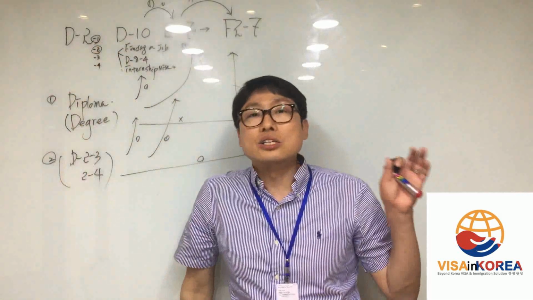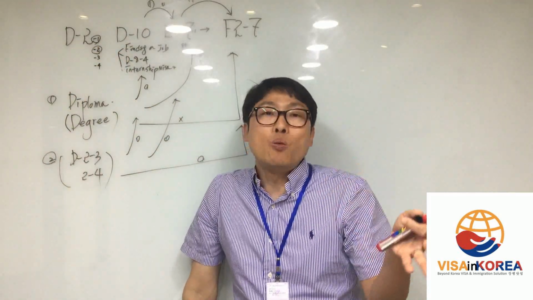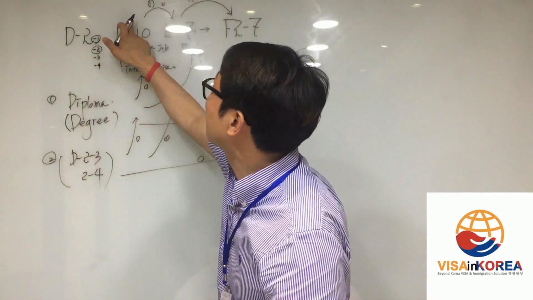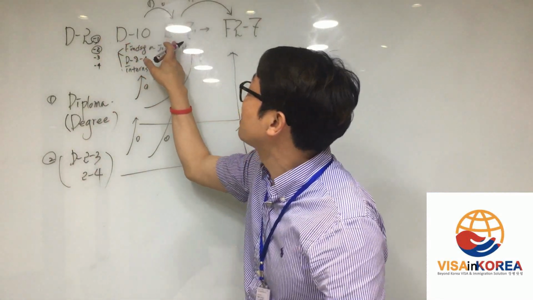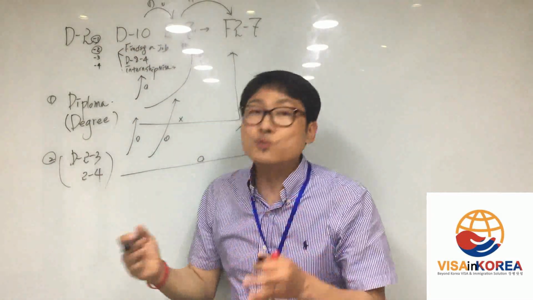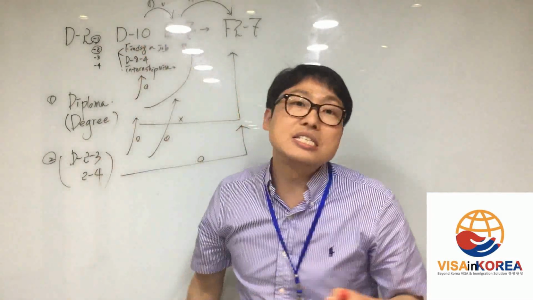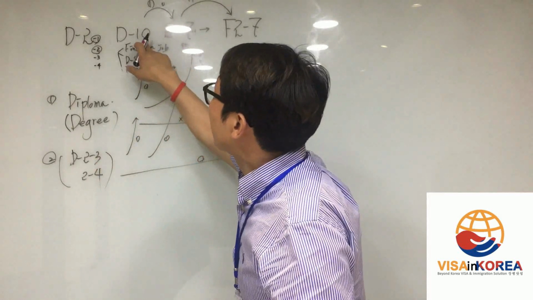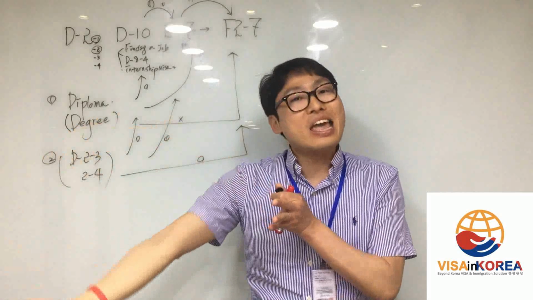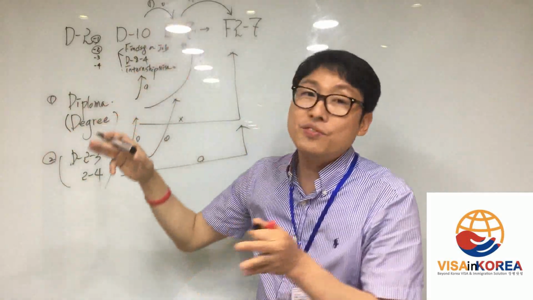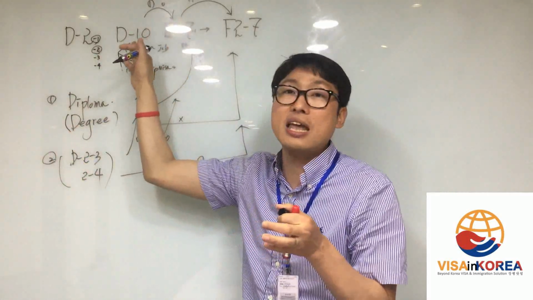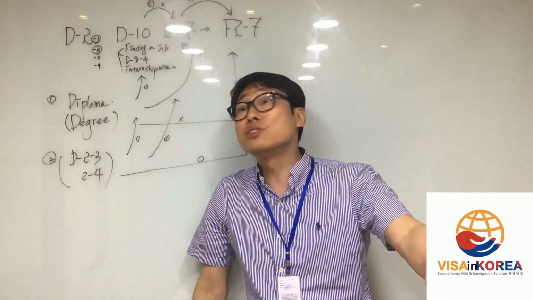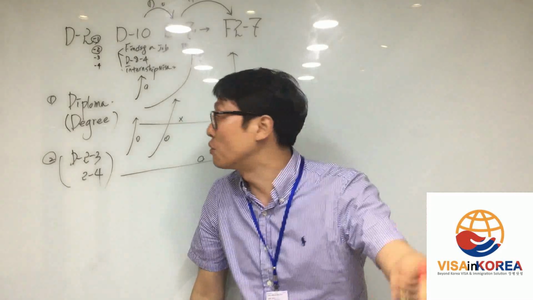D2, usually for college graduate students, is maximum 1 year, but every 6 months you have to extend. So if you got the D10, after that you can try to change to the E71. After receiving the ARC, you can change to E71. It's okay. But if you fail, after 6 months you extend again, and you can apply again. But if you do not change from D2 to D10 before the application for the E71 and your visa fails, you have to leave, as I said already.